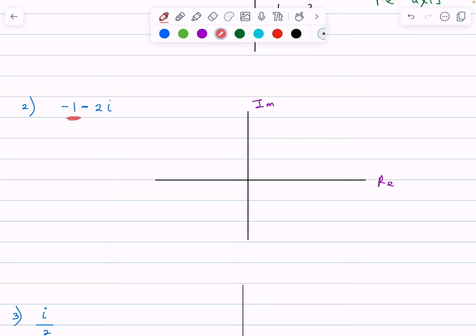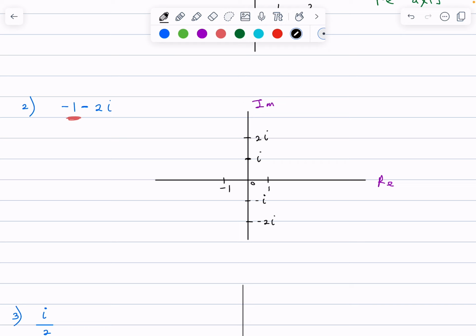So if I have 1 here, then this is 0, and -1 will be somewhere here, on the left side of the plane. So for -2i, if up here is i and up here is 2i, then below is going to be -i,